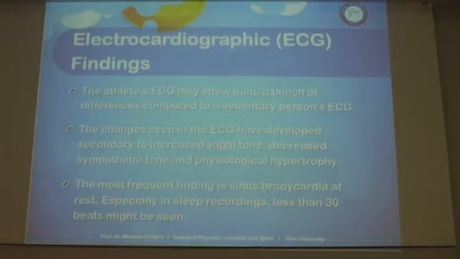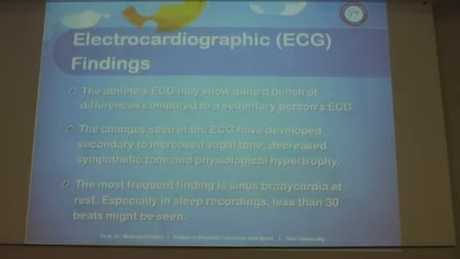Another problem in athletes, electrocardiographic changes. So the athlete's electrocardiography may show quite a bunch of differences compared to a sedentary person's electrocardiography. The changes seen in electrocardiography have developed secondary to increased vagal tone coming from the vagus nerve and decreased sympathetic tone and physiological hypertrophy. The most frequent finding is sinus bradycardia at rest, especially in sleep recordings, less than 30 beats